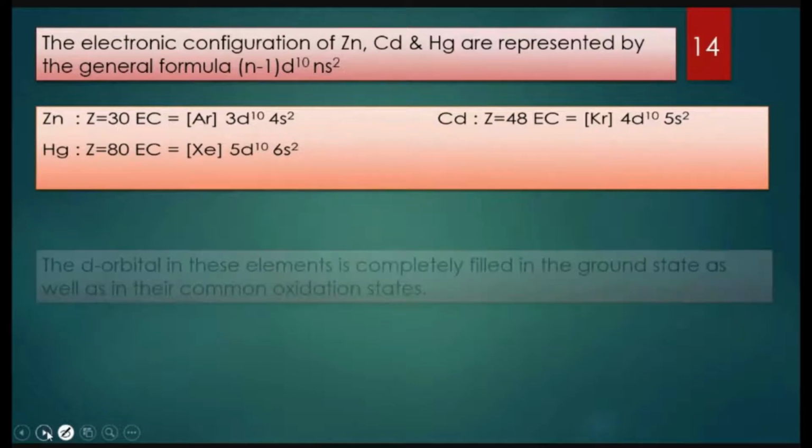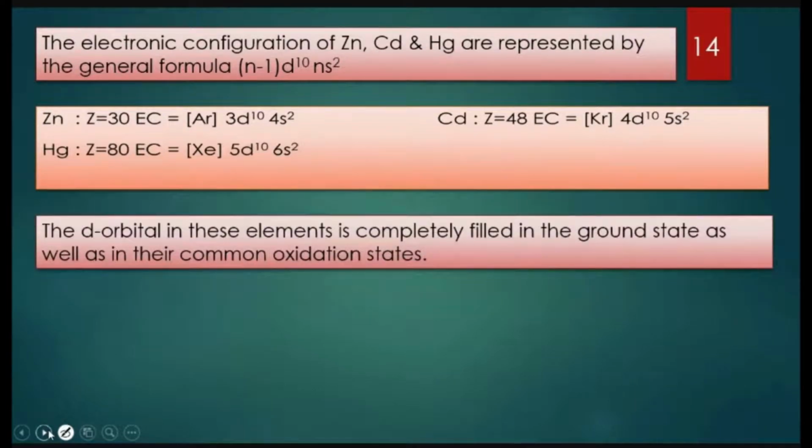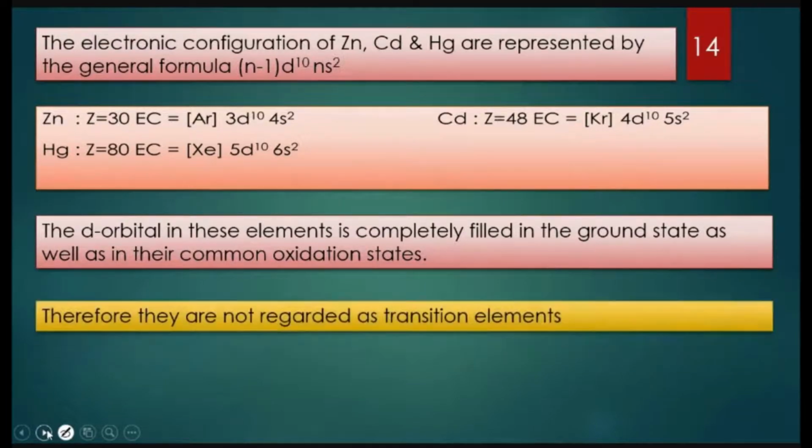Now let's go back to the previous one. If you want to call a d-block element a transition element, what is the necessary condition? It should have a partially filled or incompletely filled d orbital. But with zinc, cadmium and mercury, all three elements have completely filled d orbitals, which is exactly contrary to the actual statement for transition elements. That is why these three elements are not regarded as transition elements,